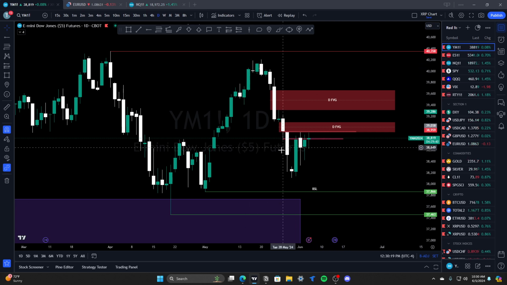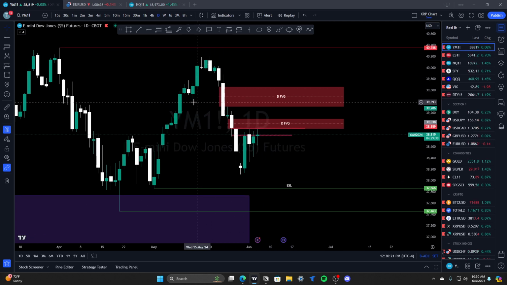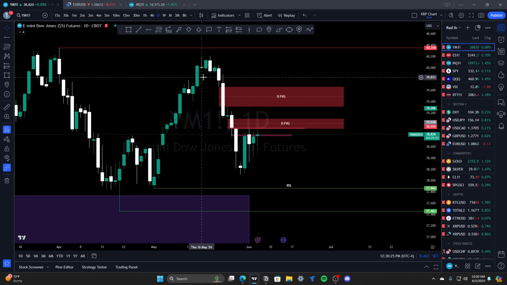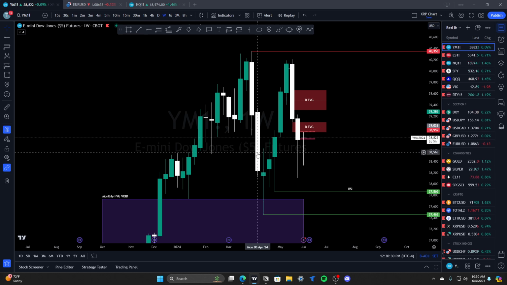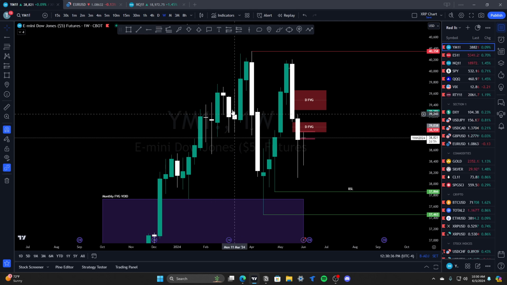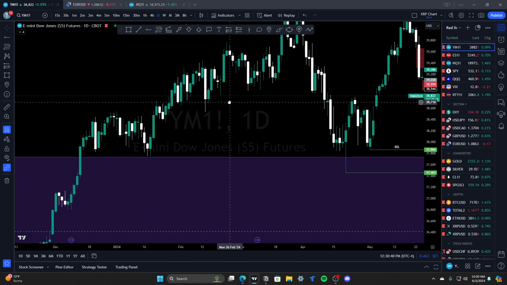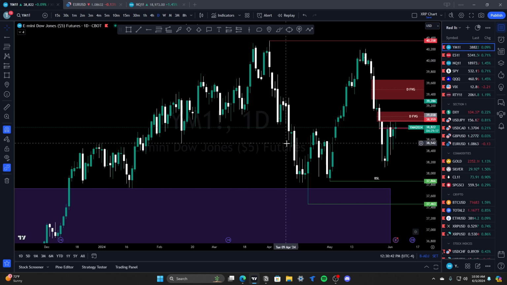Obviously, we've had a major sell-off. For me, the logic behind this trade is still, well, let's just get into it. Dow Jones on the higher time frame, even on the weekly, is very bearish. We came down and created a displacement and a market structure shift using this low. If we zoom back into this area where we created that displacement on the daily, it doesn't look as clean,